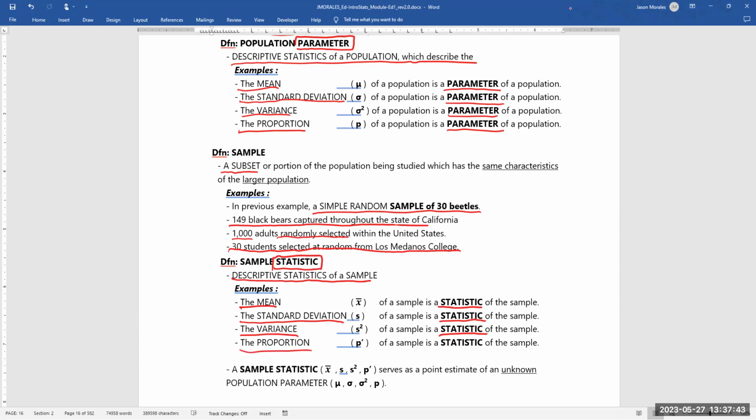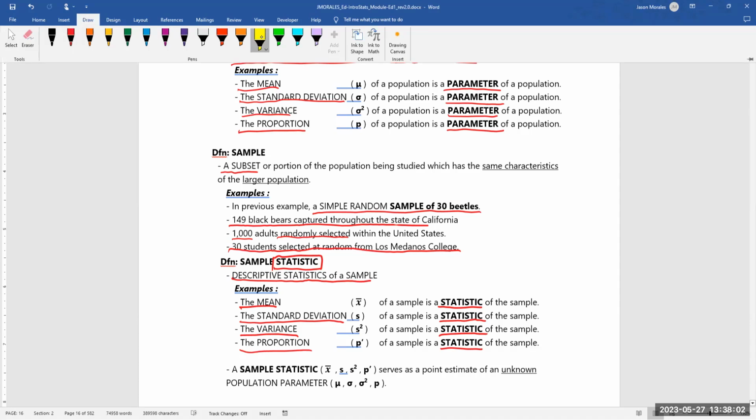And we can calculate the proportion of a sample. The proportion is called a statistic of the sample. So a sample statistic serves as a point estimate of an unknown population parameter. And something to point out about